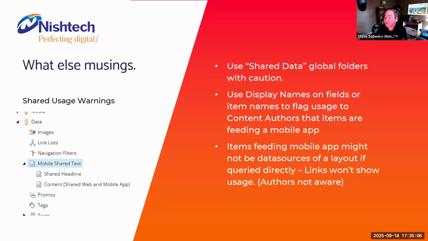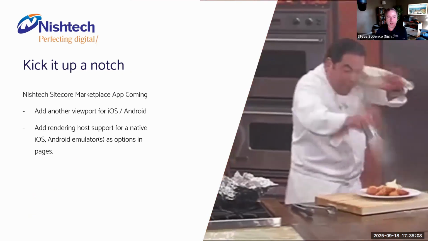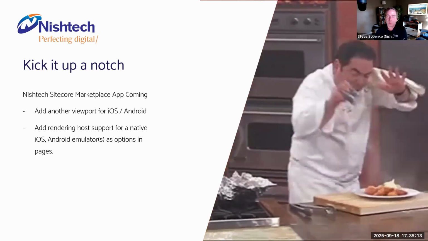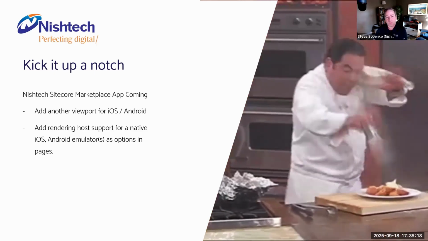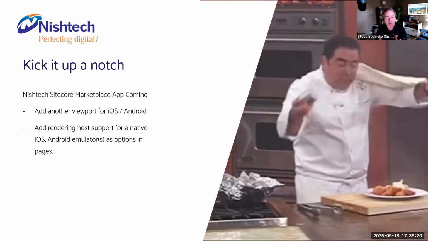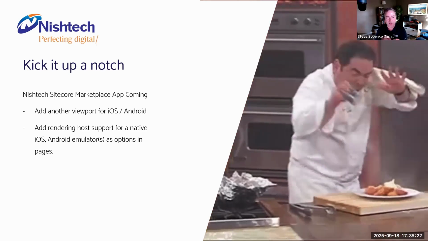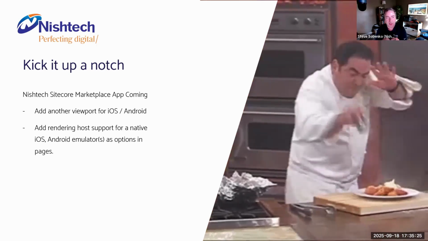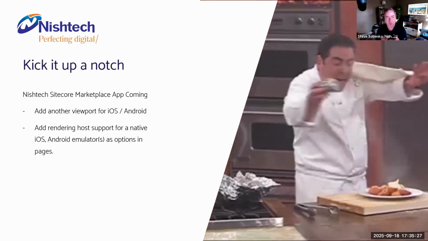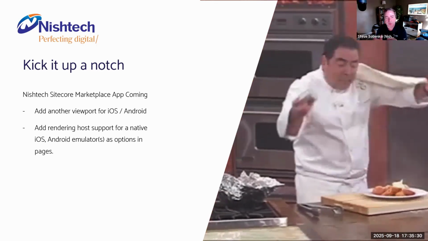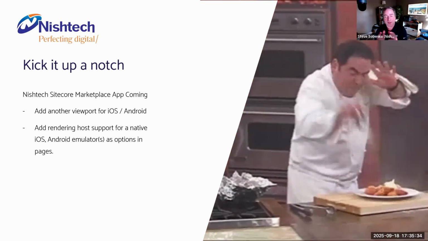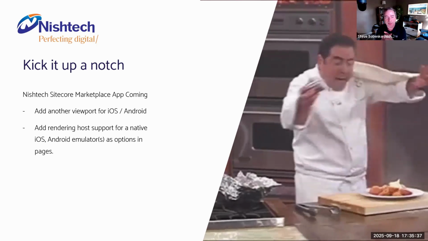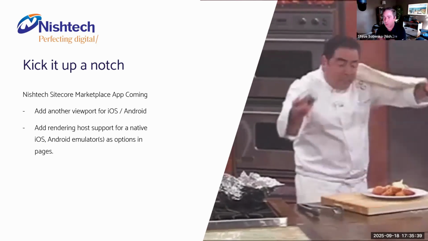It's API first. It's decoupled. And then in the process of building all of this in the last month or so, the Sitecore Marketplace came. So going back to our Omni viewports that we're looking at, I think what we're working on here at NishTech is a viewport that's showing you iOS or Android that allows you to preview or have that emulator render in that experience. A little tough because it's not web-based, right?